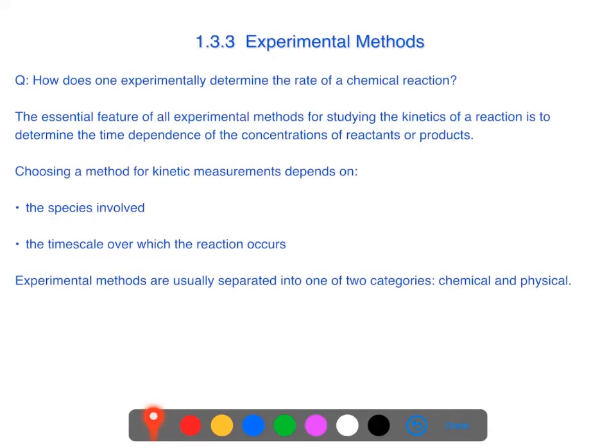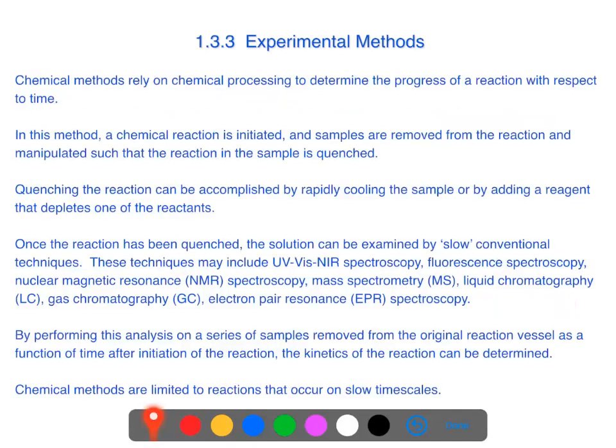And so if the reaction proceeds in a very short time scale, then we need to choose an experimental method that can capture or collect that information on that same time scale. Now, the experimental methods that are usually used to collect this information are often categorized into two groups: chemical and physical methods. With chemical methods, this relies on some sort of chemical processing to determine the progress of a reaction